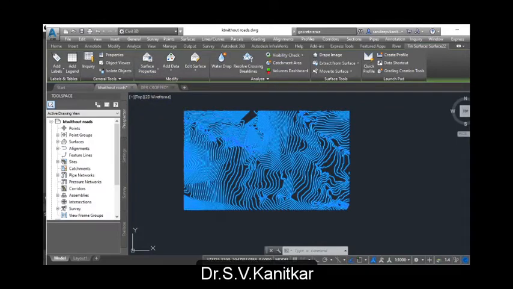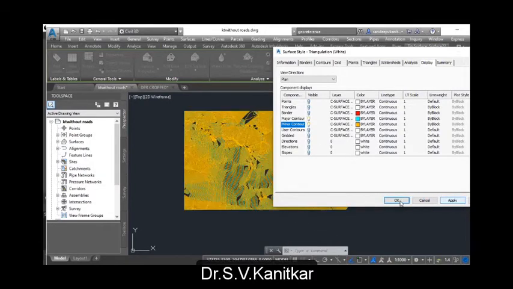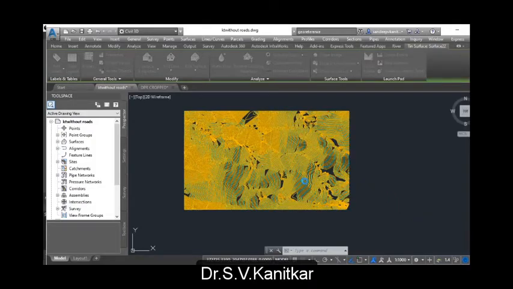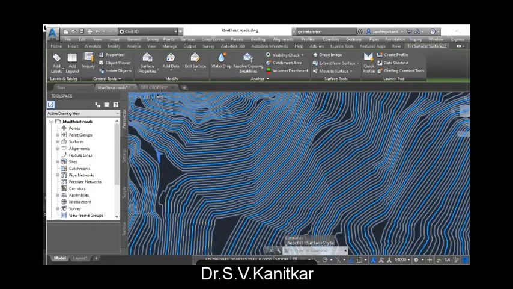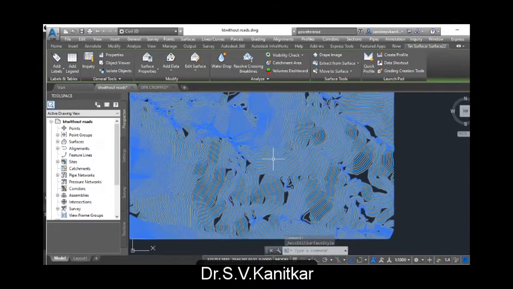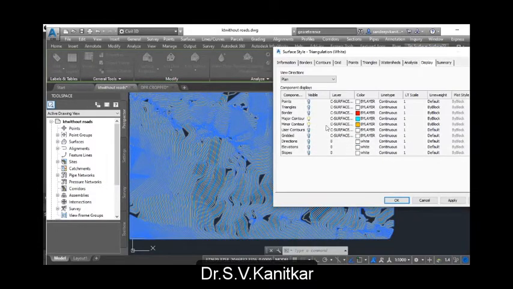Likewise, you have different ways of displaying the elevation model, maybe say minor contours, so it will be more dense now and take more time. So this is how different contours are generated. You can label them so that you know what is the topography of the specified area.